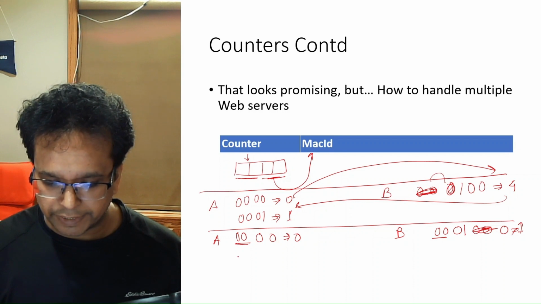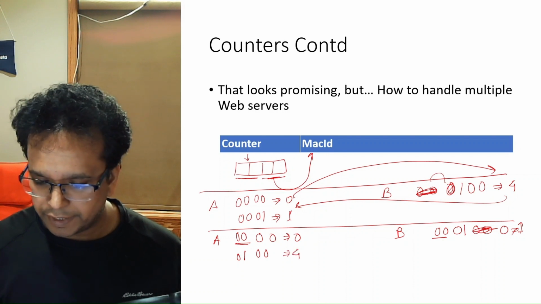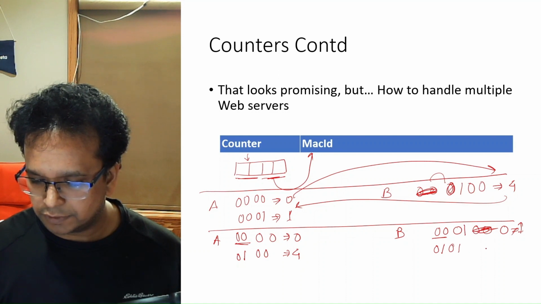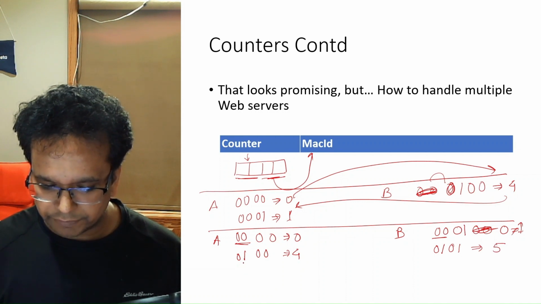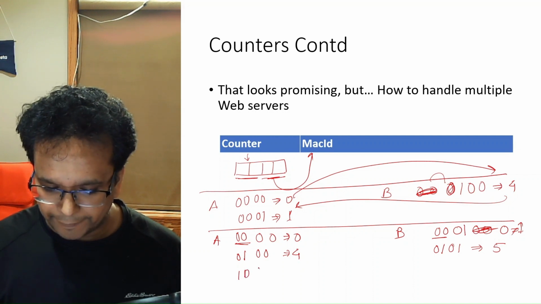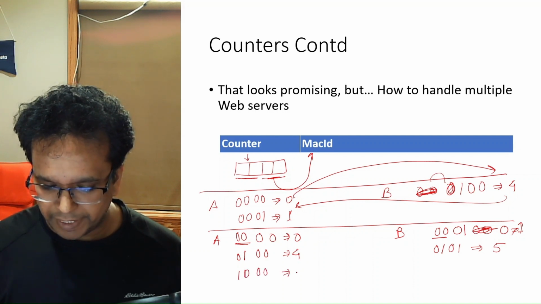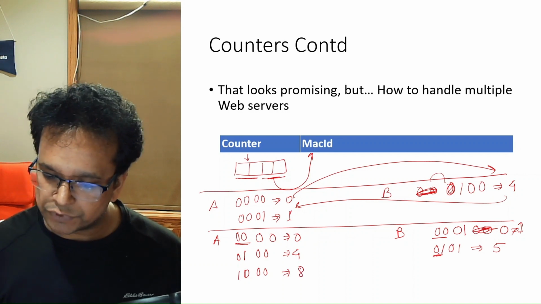Now this got a second request, so it is 0100, its value is 4, and on this it got 0101, which is actually generating 5, and then request came on this side, so it generated from 2 to 3, so it is 102 and 00, so it actually became 8, and this was counter, right? So it becomes 2 now,